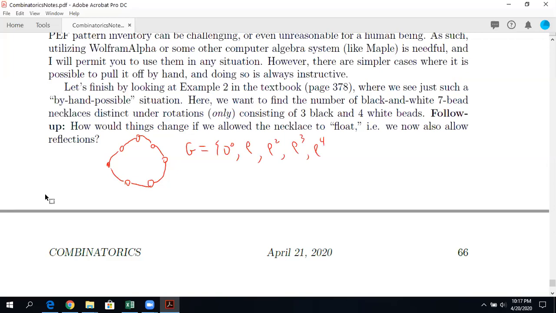So this going from here to here, that's rho, right? Rho to the 4th, rho to the 5th, rho to the 6th. Incidentally, rho squared means this, so it's like rho, etc. And then rho to the 7th is just 0 degrees again. Now, what's interesting here is,